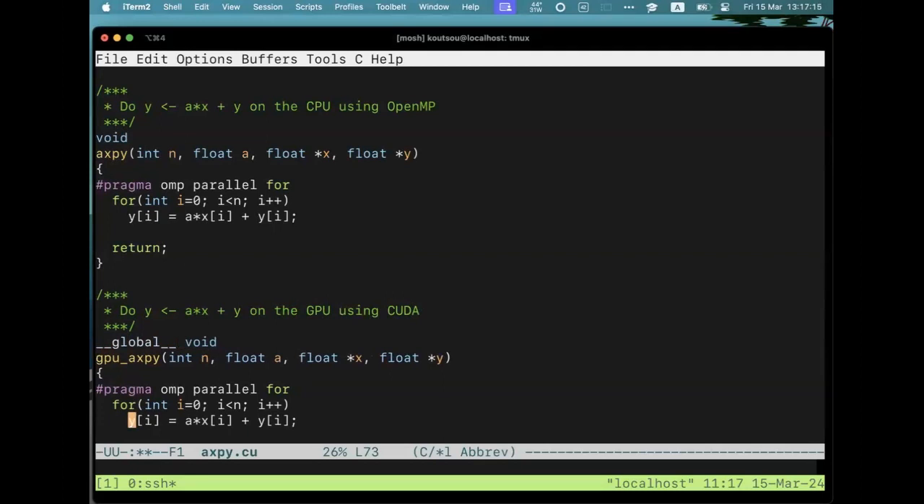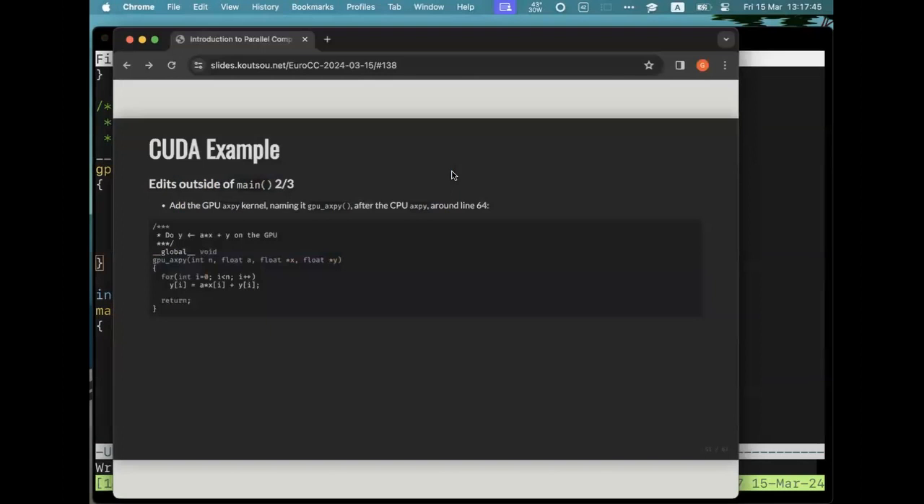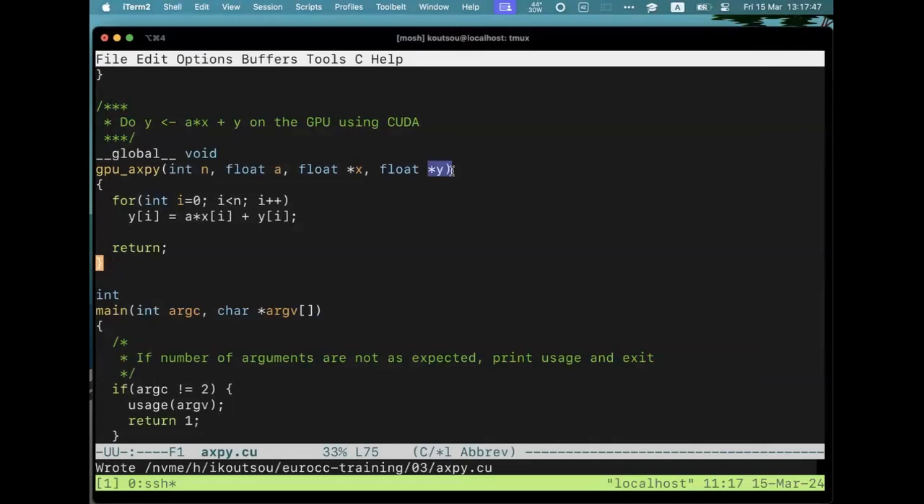And the GPU doesn't know anything about OpenMP, so I just keep it like this. Now this function can run, if I invoke it correctly, it will be compiled and can run on the GPU. But the problem is that I need to pass to it pointers to memory on the GPU, right? So I still need to do some work to do that. So first,